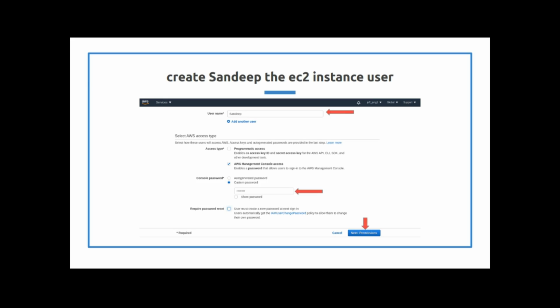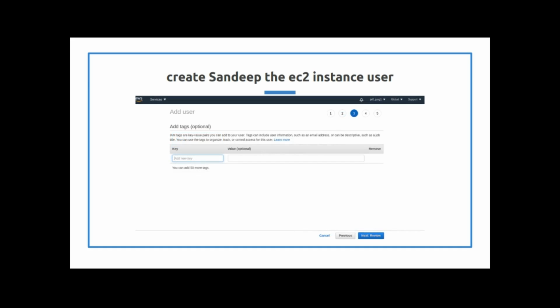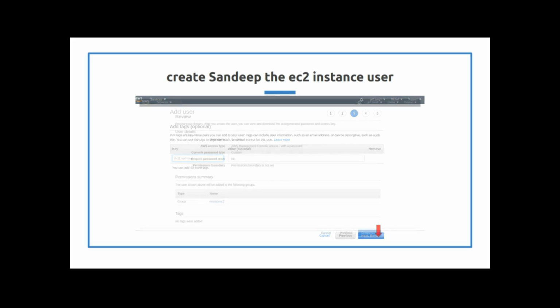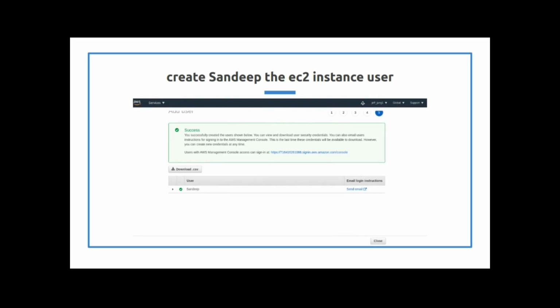And then once you have that in, click next and the permissions, and then you're going to assign the group to the user again. So you're going to assign monitor EC2, which has the EC2 read-only access, and then click next, and then skip the tags and hit next, and then look at everything, and if it looks good, click create user.